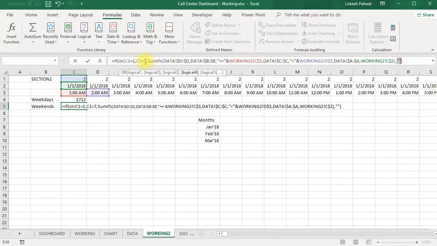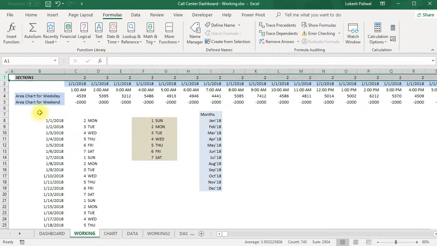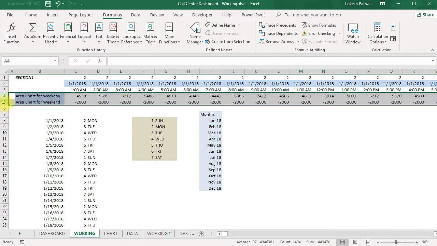we missed to close our OR function here. Let's close our OR function here, everyone. Enter, and you can see this is blank because this is a weekday. Then we can drag this entire formula in our entire section. Okay, so to perform the same, let's go here in working and let's copy paste this entire in working,